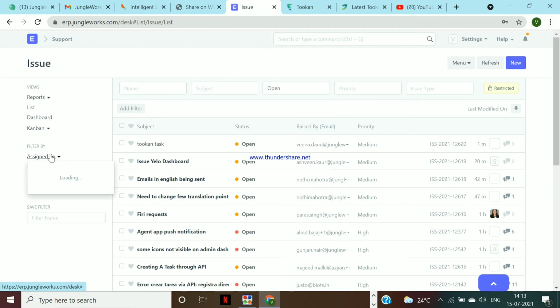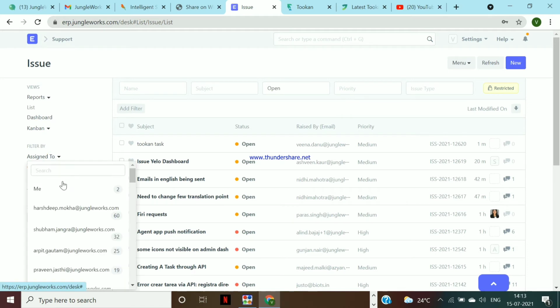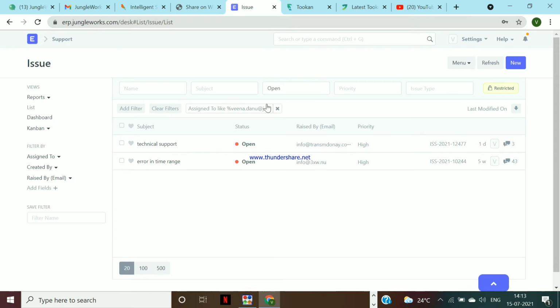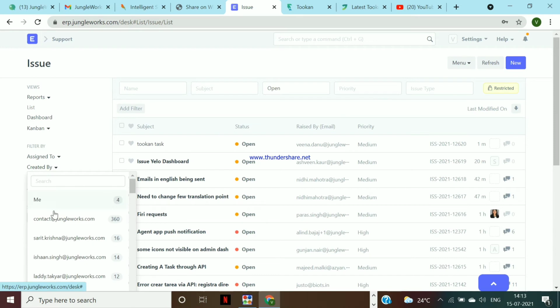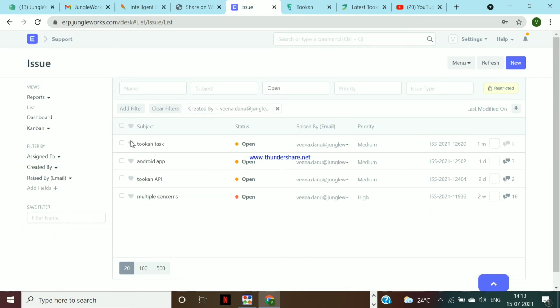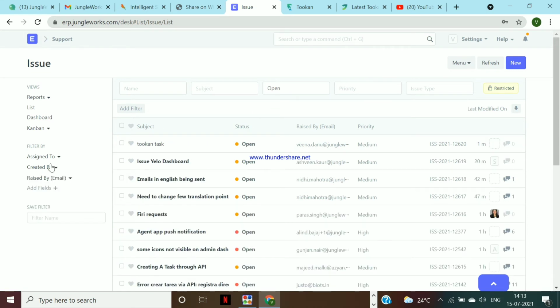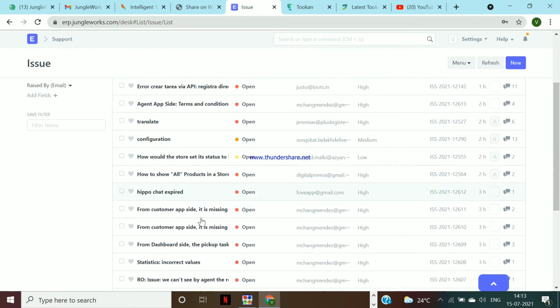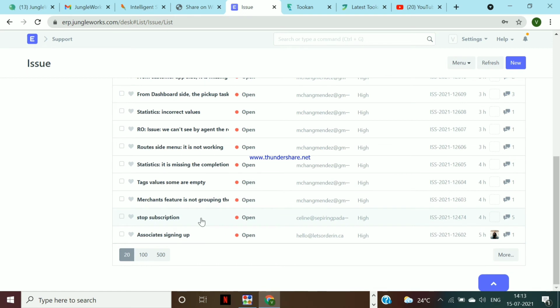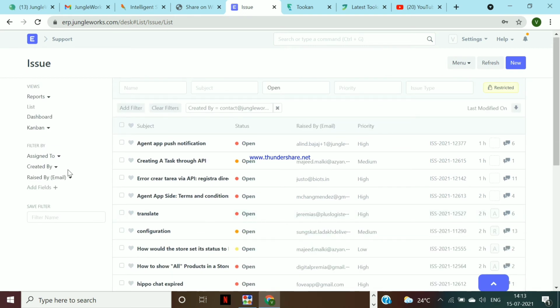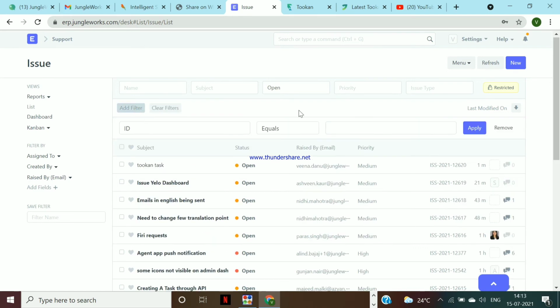Now you can check by applying various filters if you are assigned any tickets, similar to how it just appeared for my email ID. You can just click on created by as well. You'll get the tickets which are assigned to you, the ones which are raised by you, and then you can check the respective status of the ticket, whether they are open still or replied or on hold. Or you can also check if the ticket requires some client input, then you can make the status of the ticket as awaited client's response.